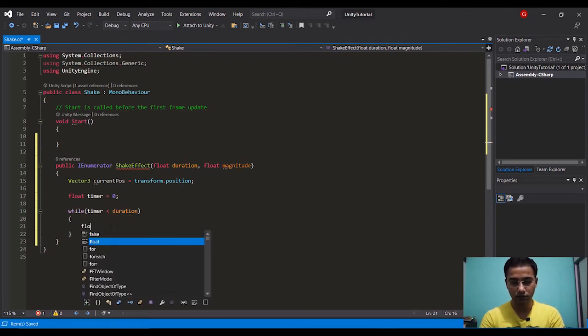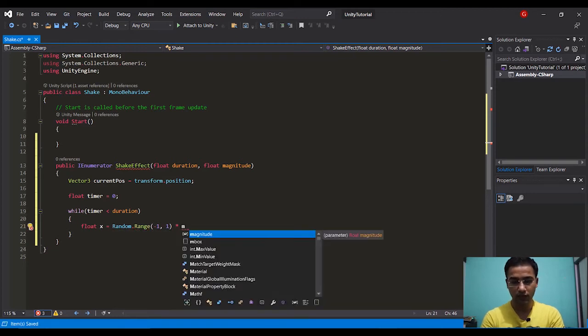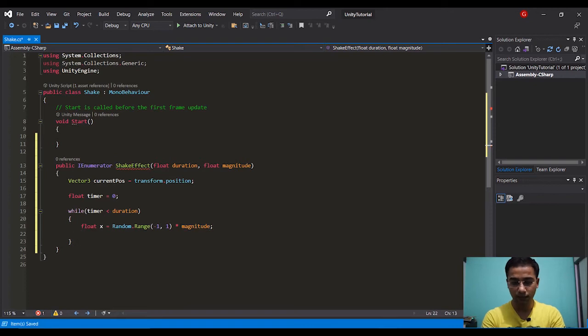So I'm taking two variables called x and y, just taking a random number between -1 and 1 and multiplying by the magnitude, same way for y as well.